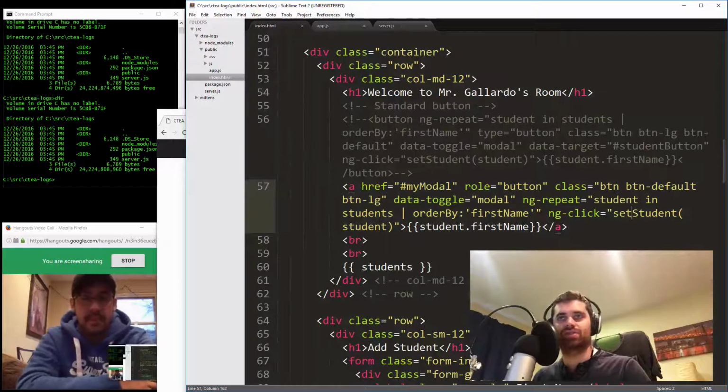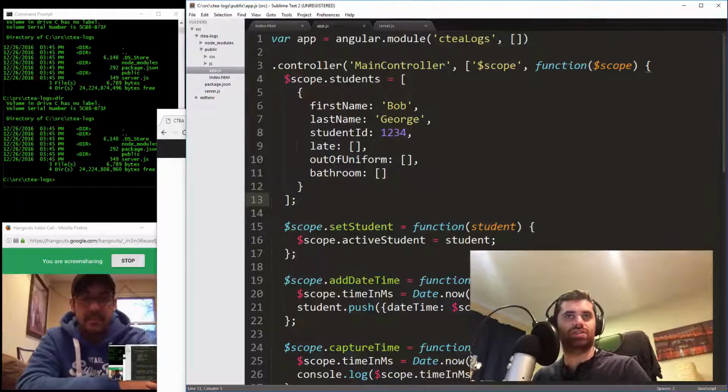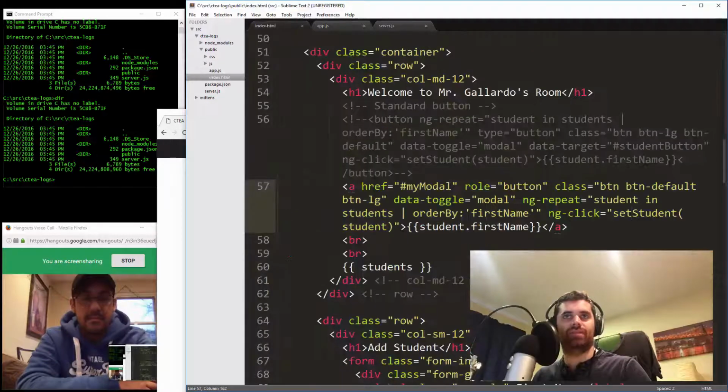Okay, so here's where you're doing Angular stuff. So when you click setStudent, boom, you set the active student. So that's just an Angular variable, and then I guess you open up the modal